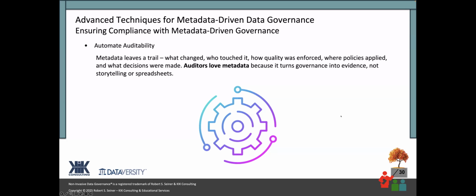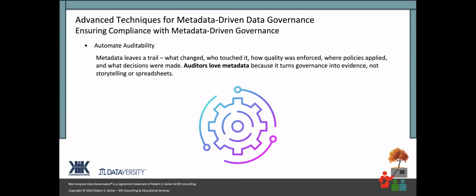And automating auditability, again, becomes important. The auditors, people who come in, I don't know how often you get audited, but they love it when you have metadata available to them. So if you're going to ensure compliance through your metadata tools, being able to make that metadata available to auditors matters. I was once yelled at by a client for saying that I considered the auditors to be your friends. The auditors can point out to you where there are gaps in things like knowledge about the data, around your classification, and those types of things too. So automate this auditability wherever you can.